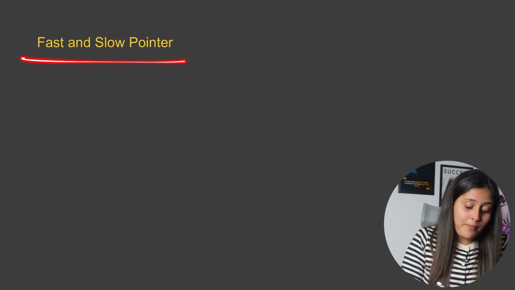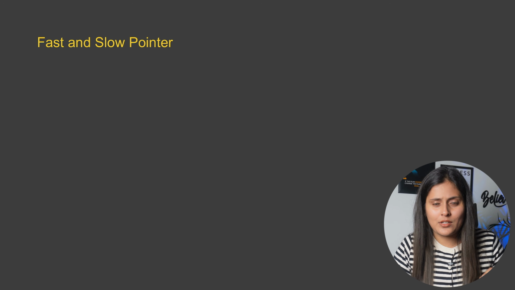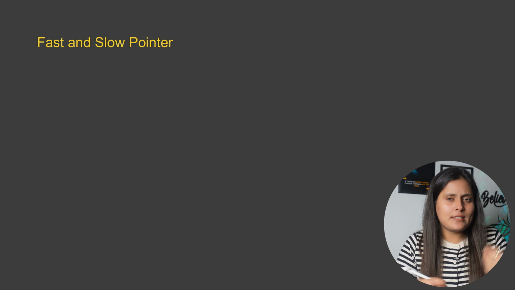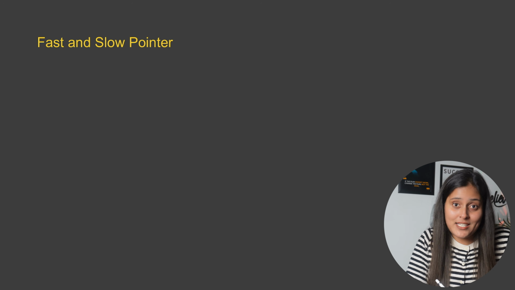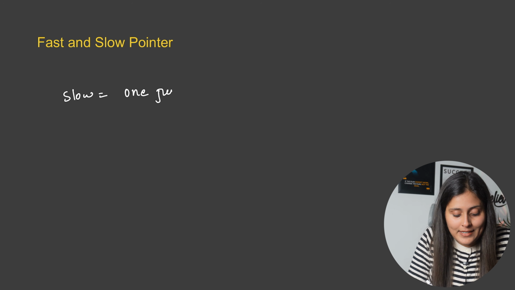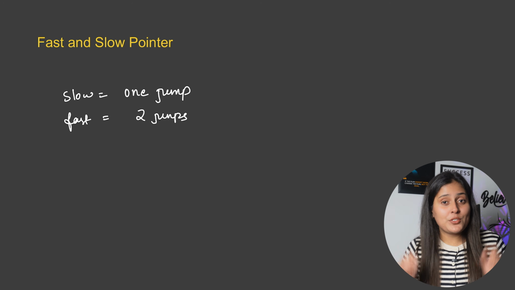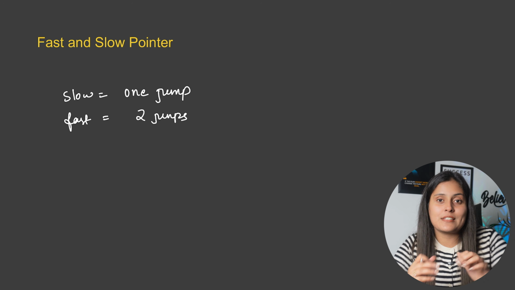So the next very important pattern is fast and slow pointer. But wait, what is this fast and slow pointer? In array, if you remember, we talked about the 2-pointer approach. It is similar to that, but both pointers, fast and slow, have some definition. Slow pointer is supposed to take 1 jump at a time, and fast will take 2 jumps at a time. Means you can say slow will always be half of the speed, or half of the distance, of fast.